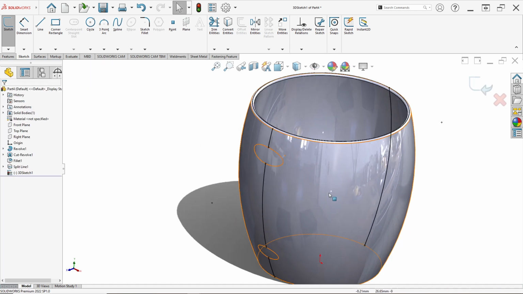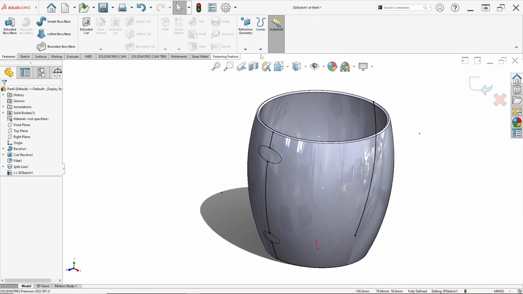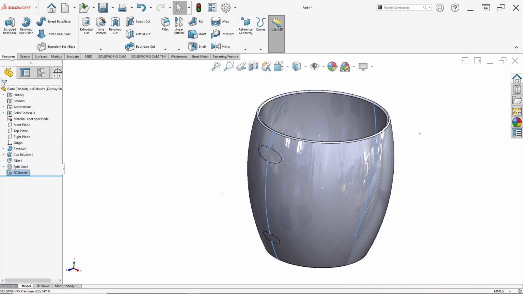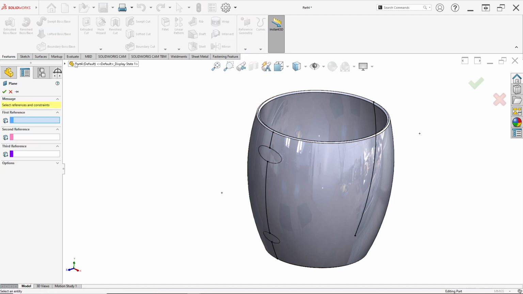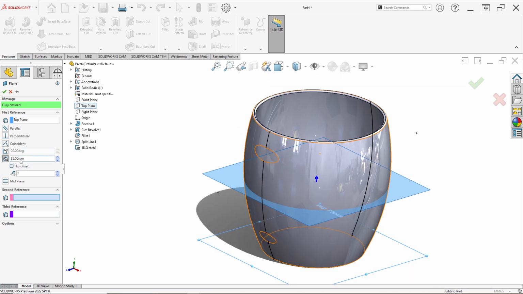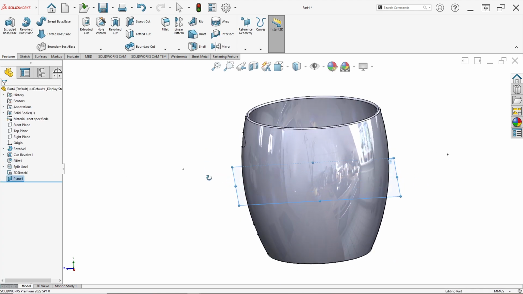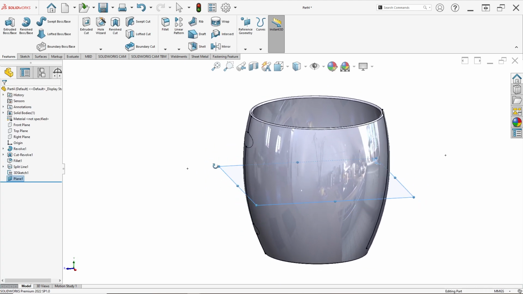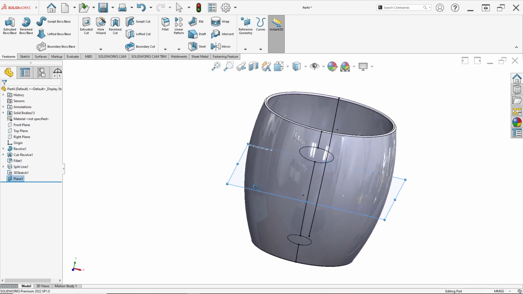Then we want to make a new plane, so go to Features, Reference Geometry, and click Plane. For the first plane, select the top plane, offset to the top, and for the distance I set 35, because the total height here is 70, so half of 70 is 35 millimeter. Just click OK.